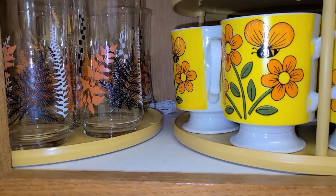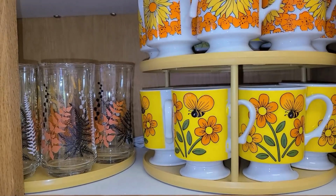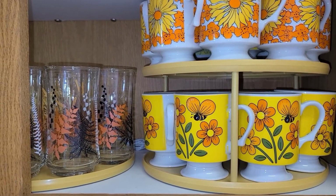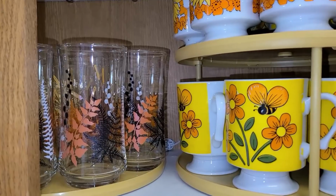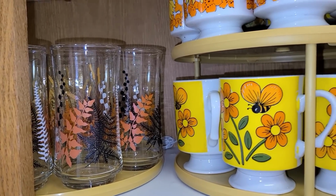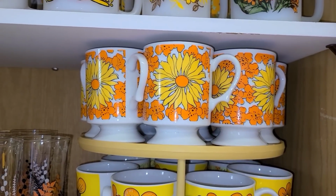These glasses we use every day. I found 4 extra ones last year. I had only maybe like 3 of them previously, and it was 2 years later than last year that I found the 4 of them and couldn't resist. They're just so cool with black and orange and white ferns and a neat looking pattern there. So those are pretty much the most orange mugs that I have